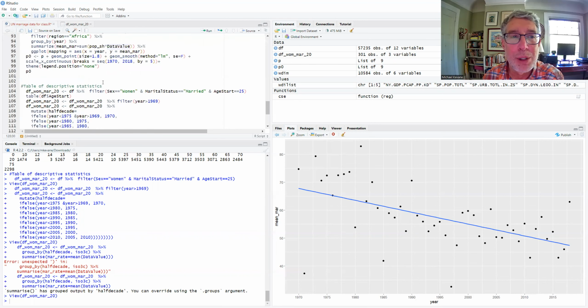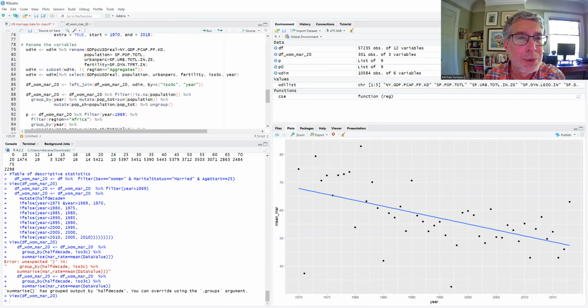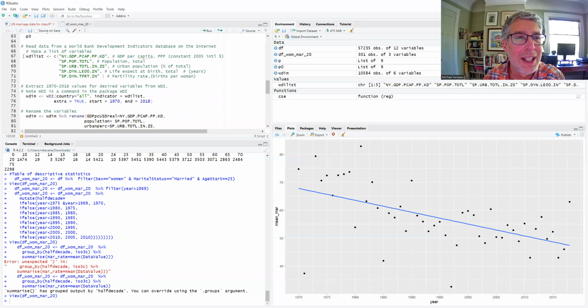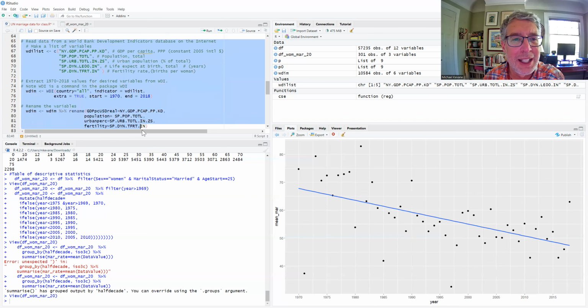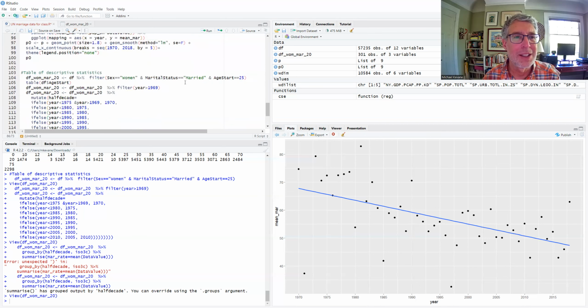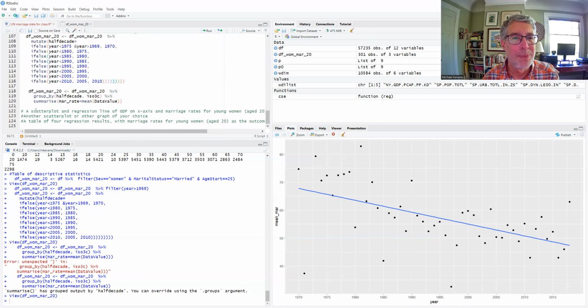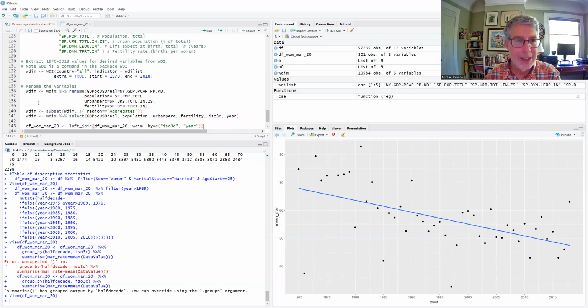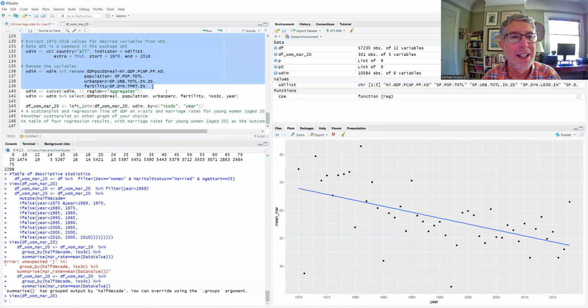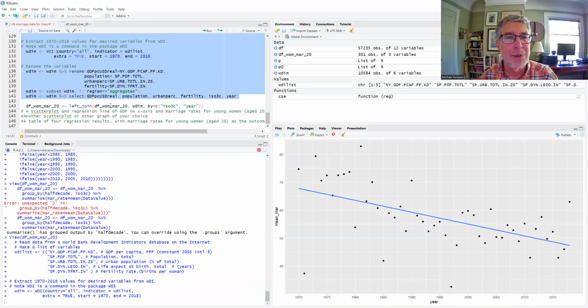So now we're going to merge this with the WDI data. So we'll find our WDI data. Maybe we should read in the WDI data again. So I'm just going to read it all in again. Maybe I'll copy this here because we're doing something a little different. And so we'll copy this and we'll read in the WDI data and rename it and just keep the variables that we want. And now we're going to left join by